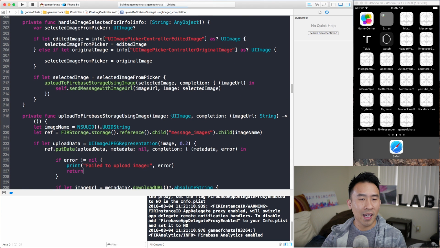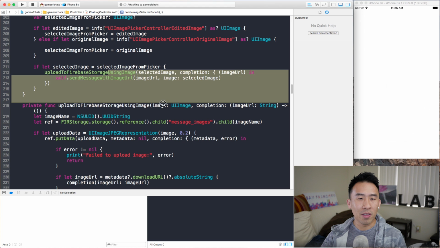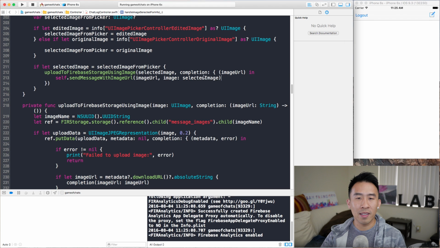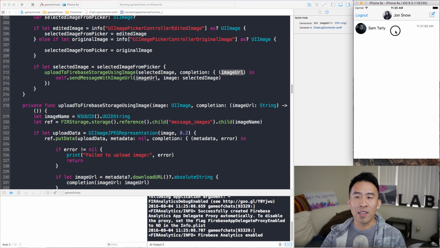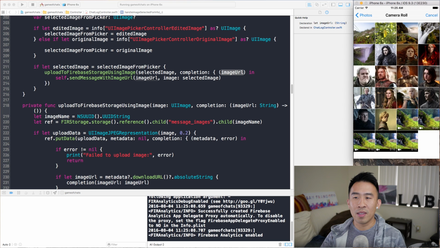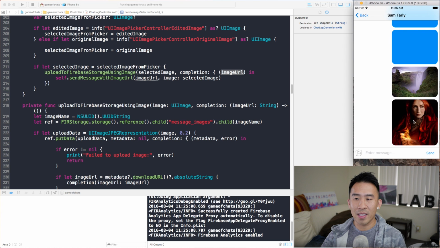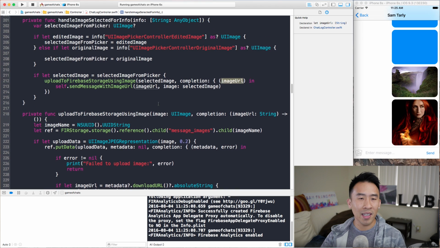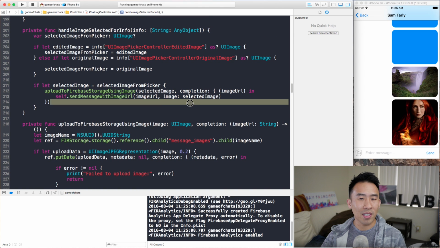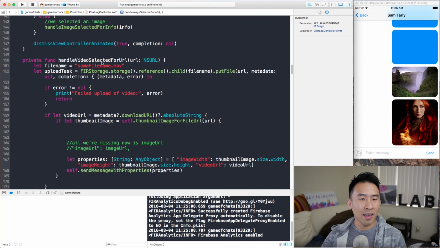So I'm gonna run this code now, and you'll see that I can actually upload the image just like before, but I have this mechanism to access the image URL every time we upload it to Firebase. So let's upload her, and we get the upload there, and we get the actual image right there. So nothing has broken, but now that I have this completion block,